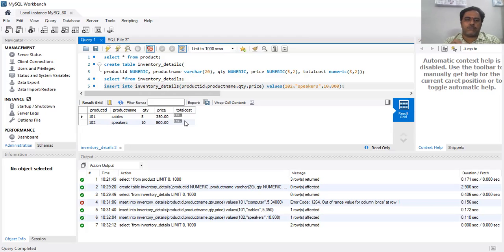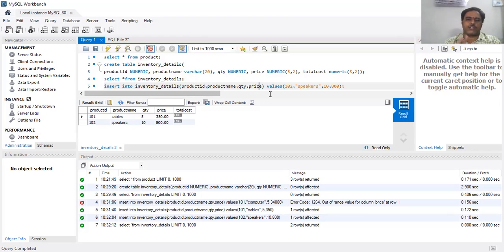Is there any requirement that we have to follow in the process, like which column name has to come first? No, there is no issue. See an example, here I mentioned product ID, product name, quantity, and price. If you want to change the order, you can first make it price, then product ID, then quantity, and then product name. It doesn't matter because the sequence is not required here.